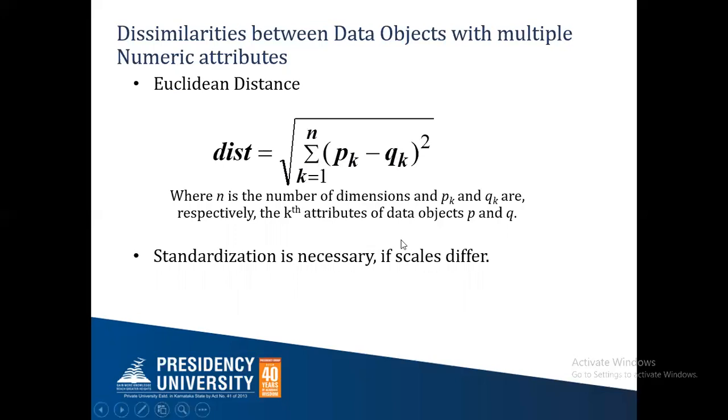So here, if the values are in different scales, for example, it may be centimeters and millimeters, etc., it can be standardized, convert all the values into a single unit. So every data is then represented in form of centimeters, for example. We can convert the millimeters to centimeters and display the value. So this standardization, if it is necessary, in this case, if scales are different, then we can standardize and convert the value into a single format. Let us see an application.